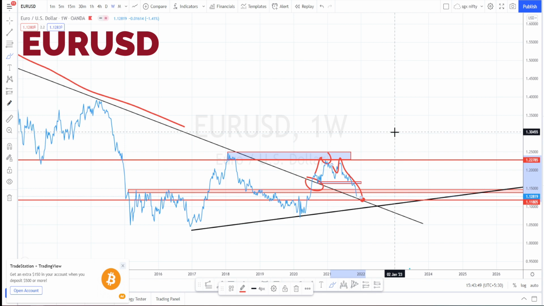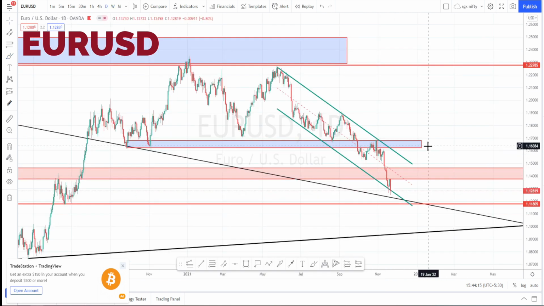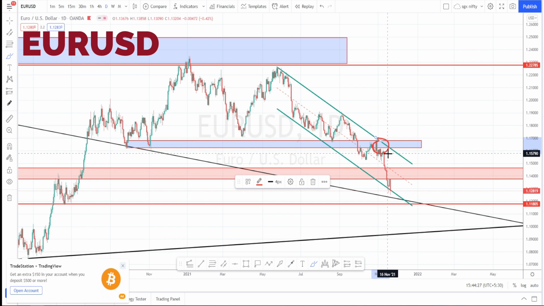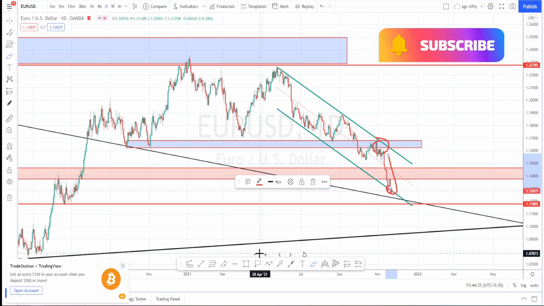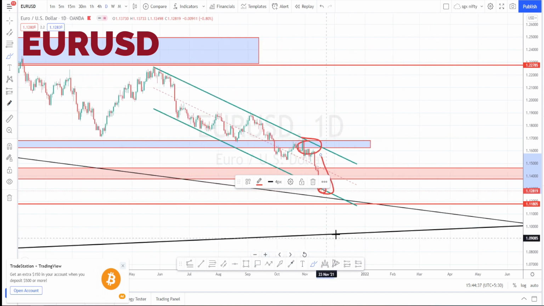Let us do the analysis in daily time frame. So I'm in daily time frame now. In daily time frame also, when we look at the price action, very nicely taken resistance over here. Then a downtrend has started and presently it is at the support line of the channel pattern. But overall, when we look at the price action, it is in a very strong bearish trend.